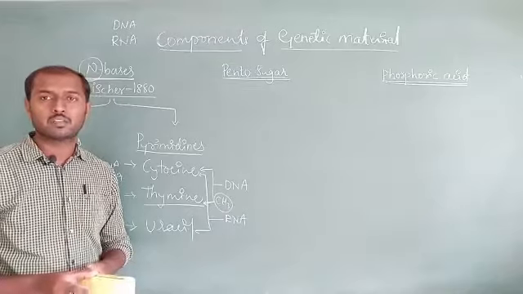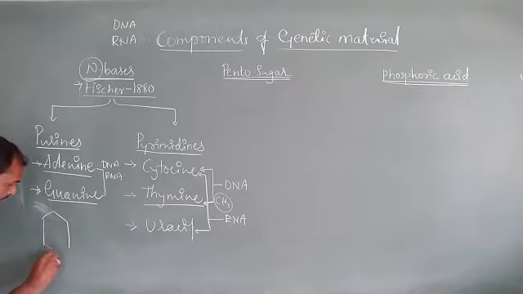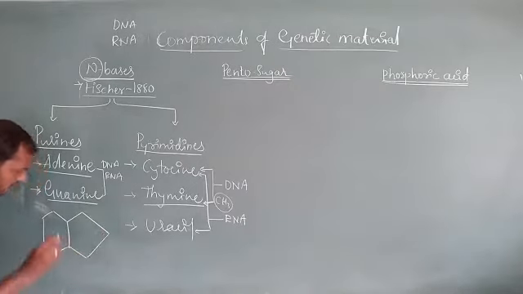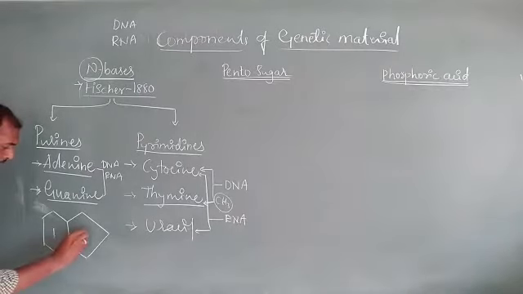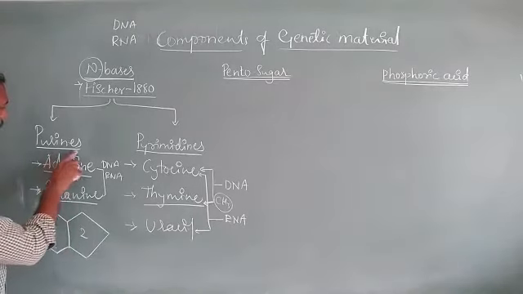So let's see. When you look at the purines, purines have a two ringed structure. Okay, so here we can see a two ringed structure. One is with a 6 membered ring of carbon and nitrogen. Okay, so we can see a 6 membered ringed structure with carbon and nitrogen combined. And we can see another, a 5 ring. Okay, so we can see one more attachment, that is 5. This is the first primary ring and this one is a second ring. So we can see 2 rings, double ringed structure. So purines are what? Double ringed structure.